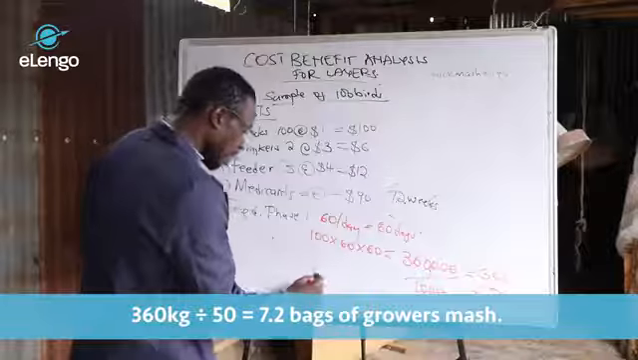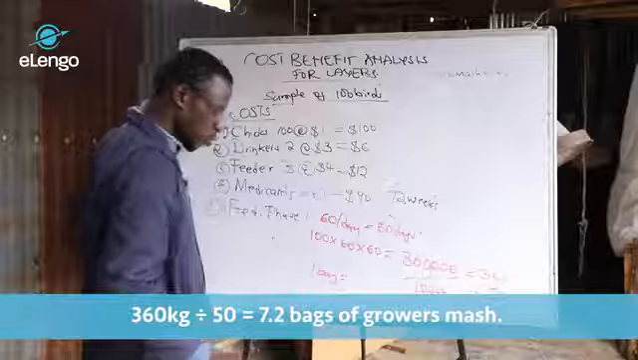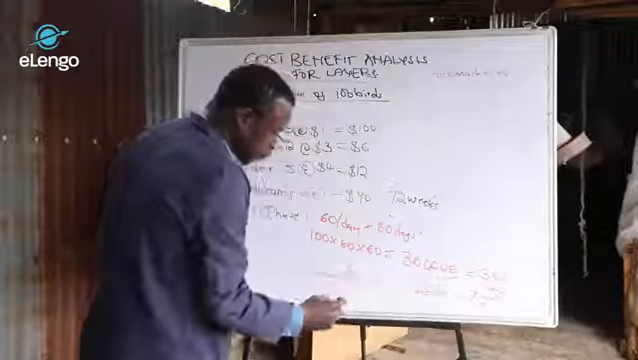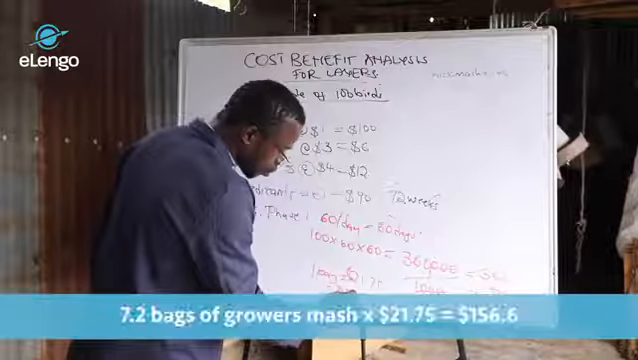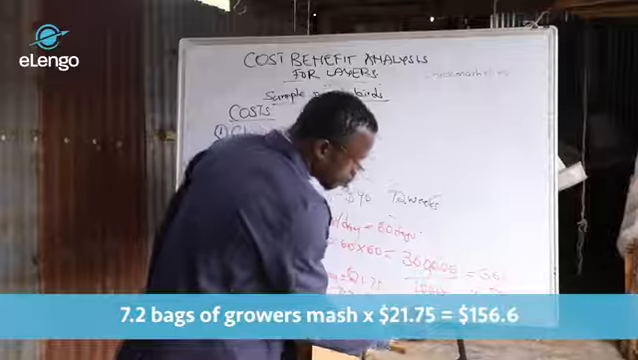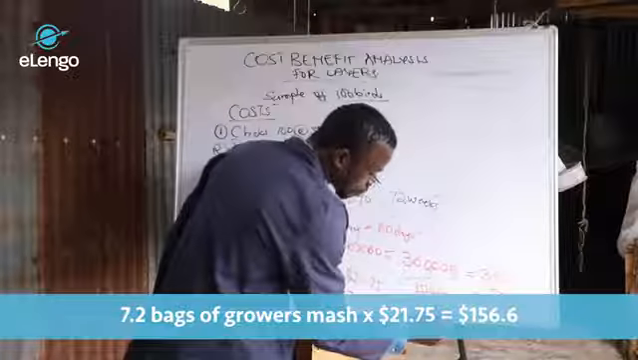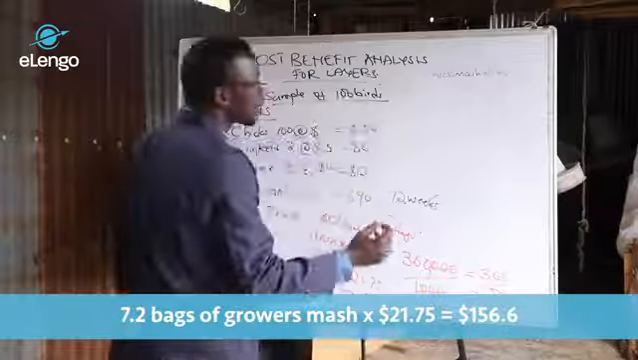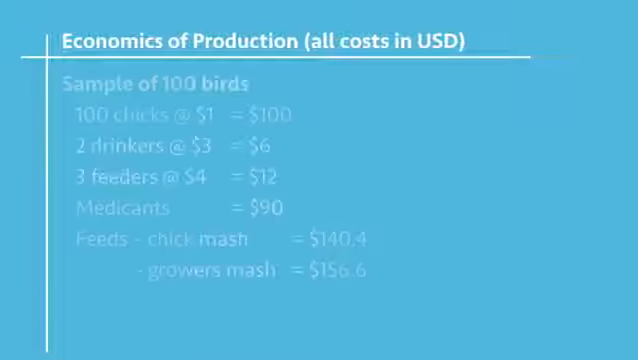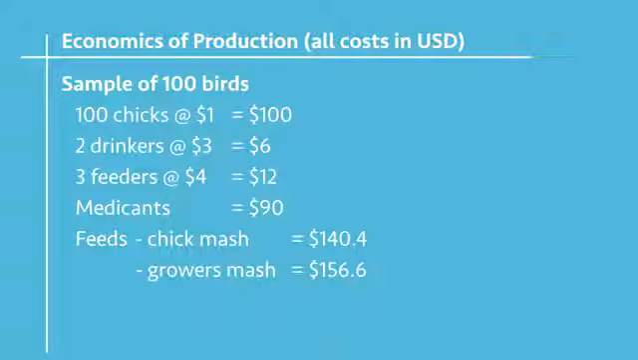We say one bag of growers equals $21.75. Therefore, 7.2 times 21.75 equals $156.6. So growers mash shall be $156.6. We are left with one phase, and that's why now we say doing a cost-benefit analysis of layers is